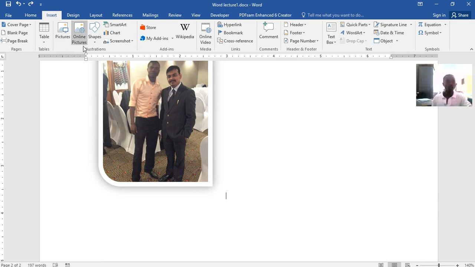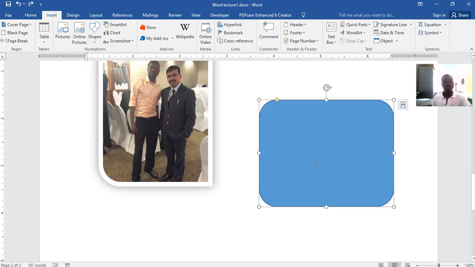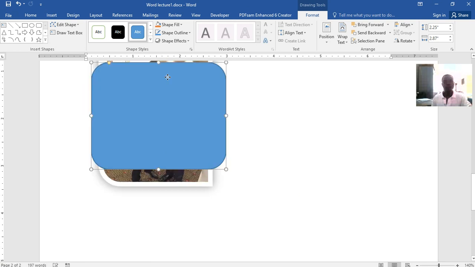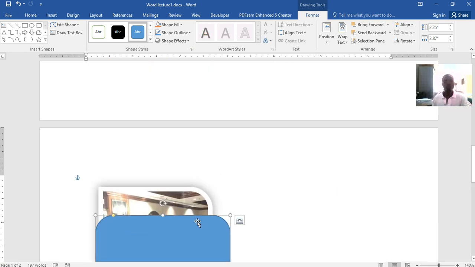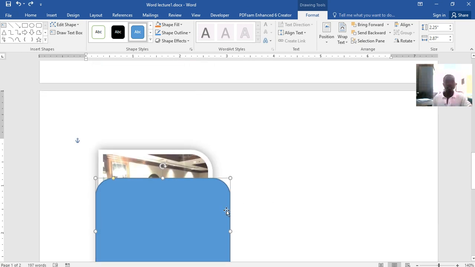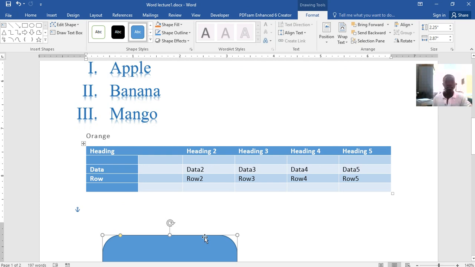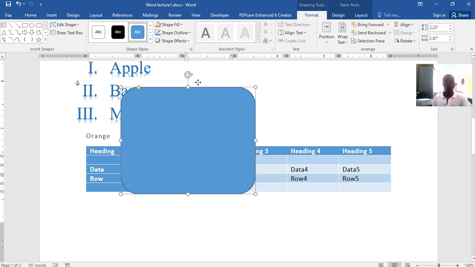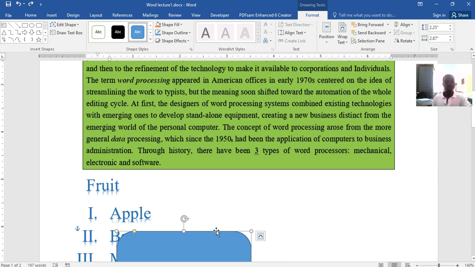You may choose pictures from online, or you may insert some shapes. For example, let's click that. You'll also see how we do it here. A shape is flexible. You may move it to existing objects. You may move it on top of other objects that already exist. So that's how beautiful Microsoft Office Word is. You may move it here,